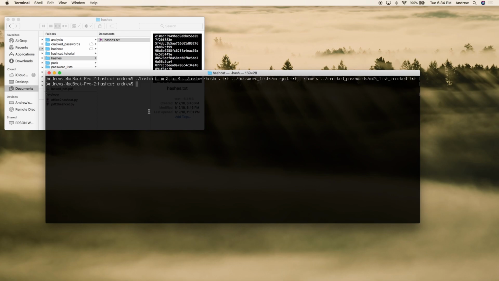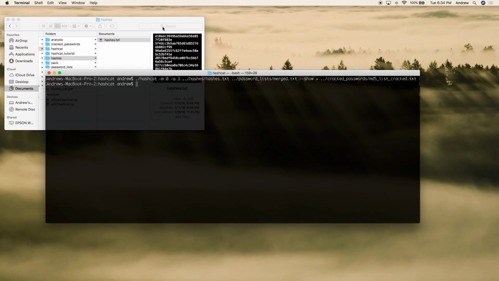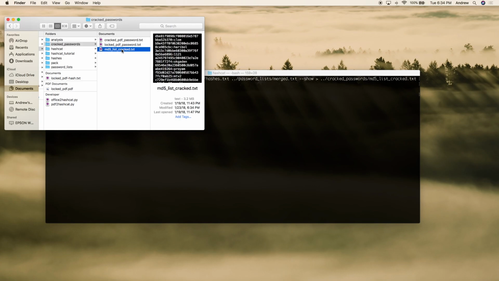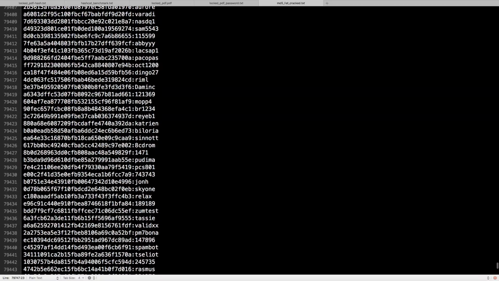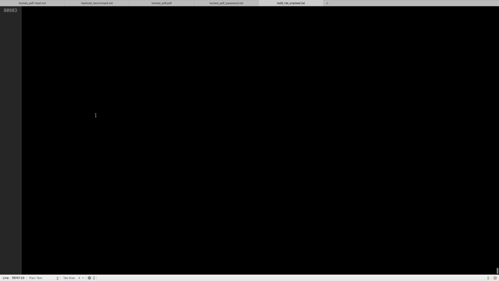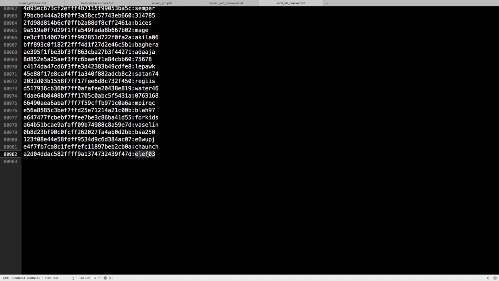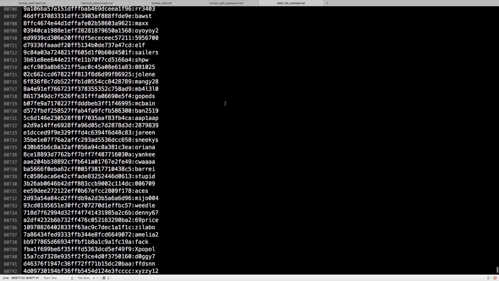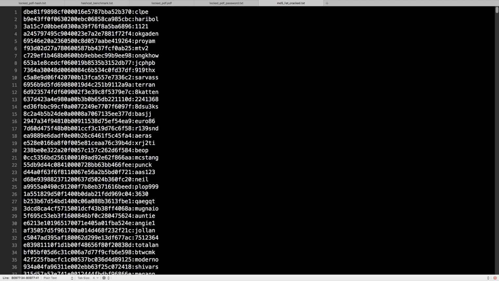So mine's done. If we come here to cracked passwords, and then we come here to this MD5 list cracked, and go ahead and open it up. Towards the bottom of the list is where mine opened it up, and you can see of all of these passwords. There's LF03, BSA250, Vaselin, 4Kids, right? So anyways, I'll scroll up to the top so you can compare, but you should have